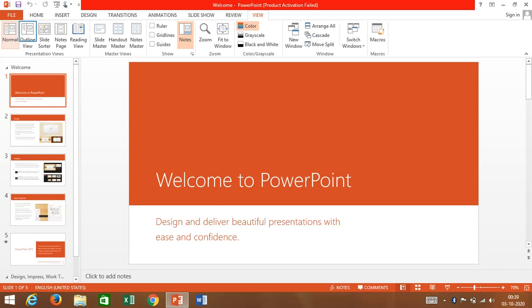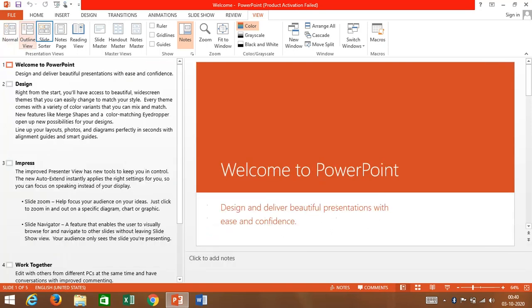In normal view you can make the slide, you can edit the slide, you can see the miniature screens of the slide. That happens in normal view. Now if I click on Outline View, what happens? In outline view you will get the text of multiple slides in outline form. That means you can work in outline view when you need to organize the structure of your PowerPoint presentation.